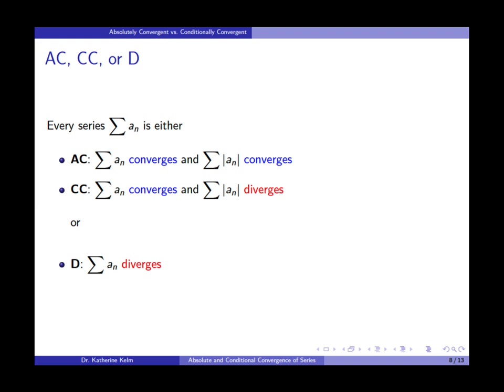It's going to turn out that for most of the series that are typically studied in Calculus 2, a series is either absolutely convergent or it's divergent. Conditional convergence is a rather special type of convergence. So the next thing we're going to do is to investigate some cases where we can easily rule out conditional